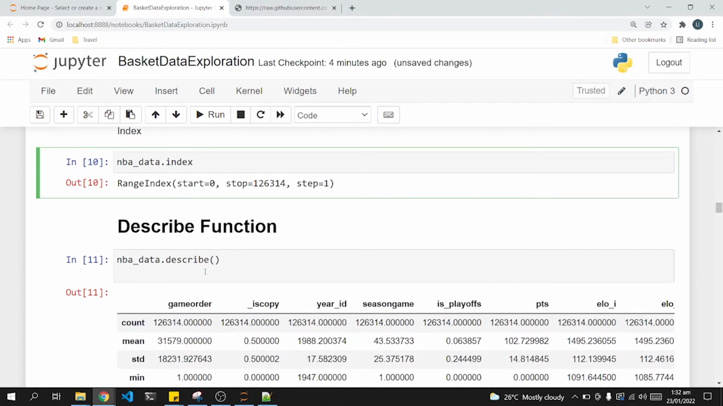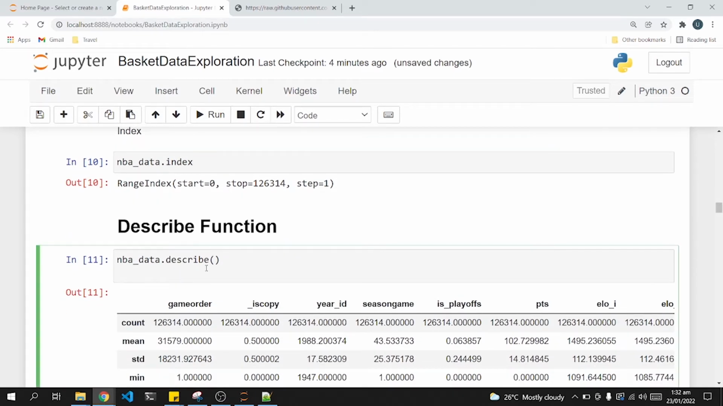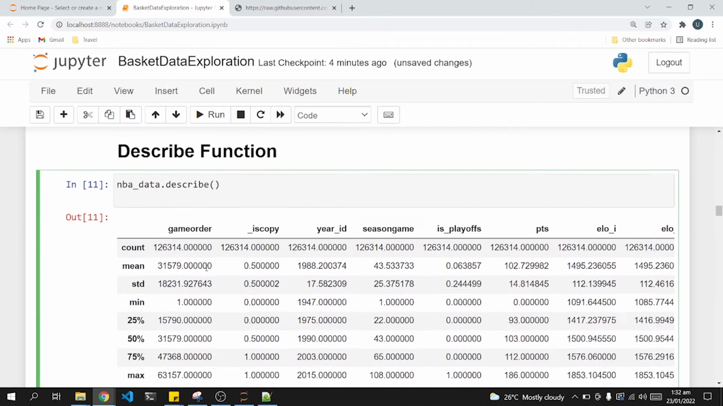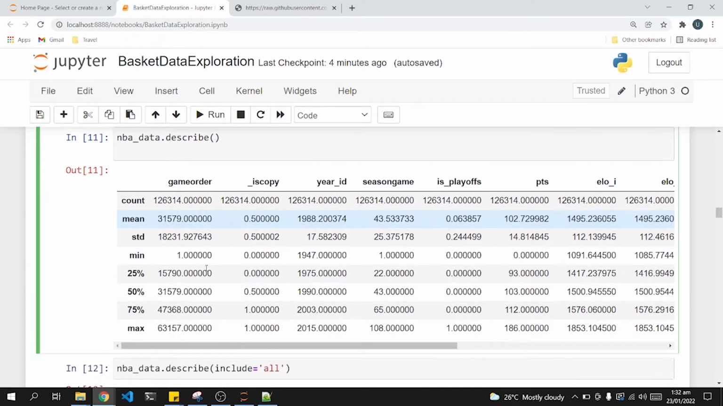Moving on, there's another function called describe. This describe function basically targets the integer and float columns and gives us statistics like the standard deviation for each column, its total mean, its minimum, its maximum value, its 25th, 50th, and 75th percentile values, and so on. By default, it will give you the float and integer column statistics, but if you want the categorical or object